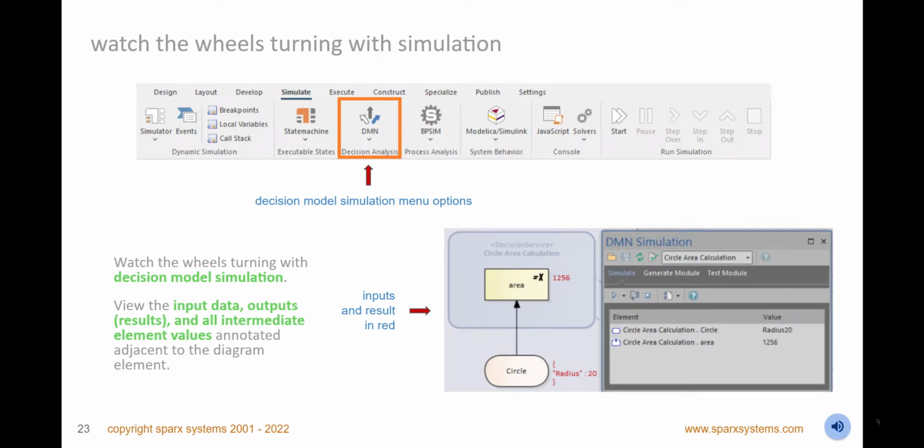Watch the wheels turning with simulation, and bring your decision models and requirements diagrams to life. Simulation allows you to effectively run what-if scenarios with different data sets. You can change your decision models, including decision dependencies, and modify expressions, including decision table rule order, hit policies, and boxed context conditions. You will get profound productivity gains by discovering incorrect results or edge cases before the decision model is implemented and run in production.